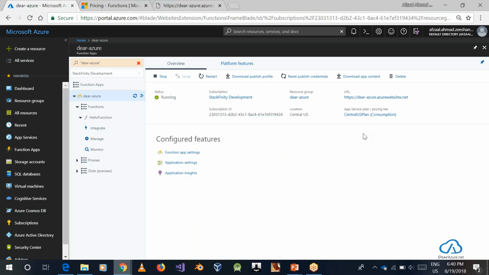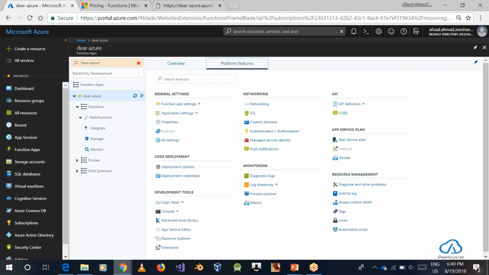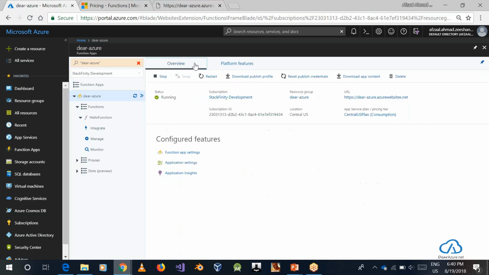And as soon as it considers that the load is down, it will automatically delete those resources, and we will not be charged for the instances or the machines that we use. Whereas in the other case, if we went for the app service plan and scaled the application, they would be counted as an instance. In the consumption plan, we are not charged for scaling. We are only charged for the amount of time our request takes and the resources it consumes.